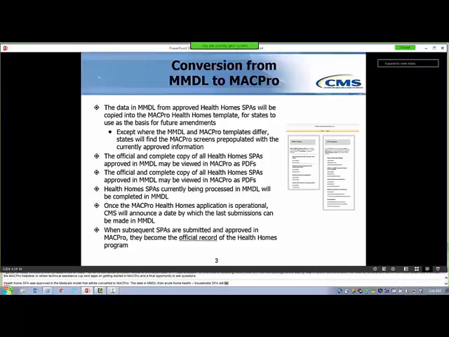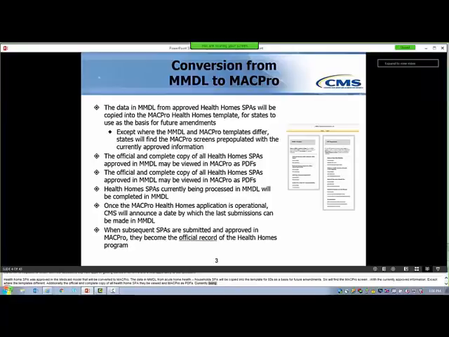States will find the MacPro screens pre-populated with the currently approved information, except where the MMDL and MacPro templates differ. Additionally, the official and complete copy of all Health Home SPAs approved in MMDL may be viewed in MacPro as PDFs.